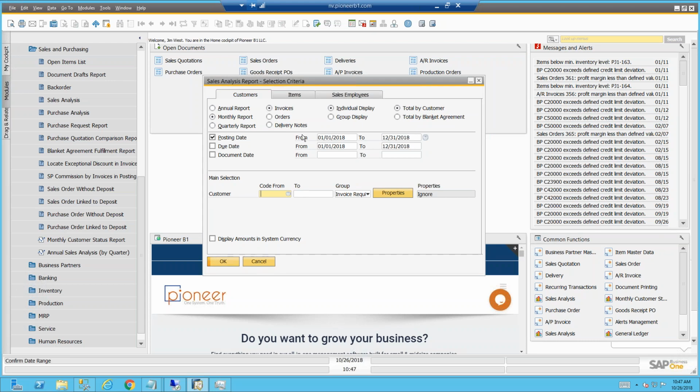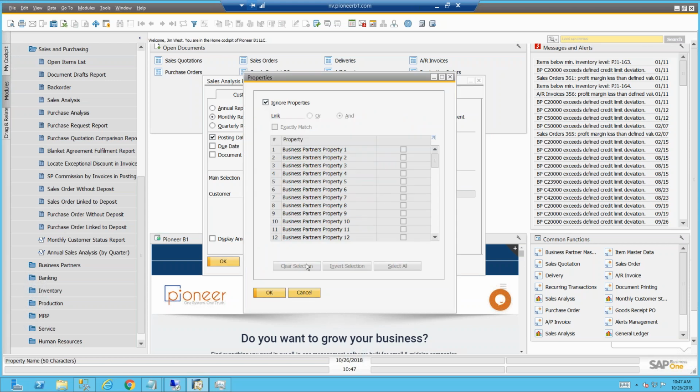So you can see all today's transactions, all year-to-date transactions. You can see that in an individual way, customer by customer, or by group display. So the group of the customers, as defined in your system. You can have a total by customer, or by a blanket agreement. You can run it between dates, and you can choose a specific customer, group of customers, properties of the customer,